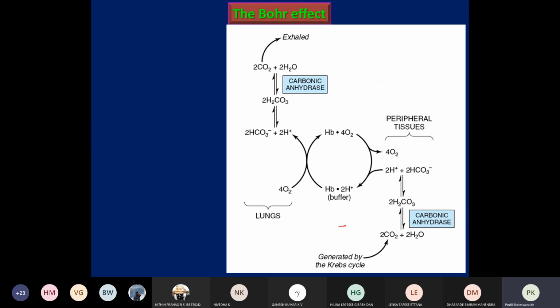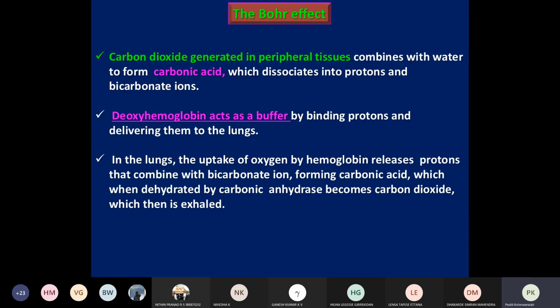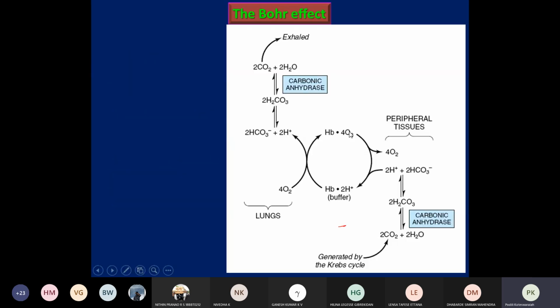And once again you can see here, as I already said, the rapidly metabolizing tissues produce carbon dioxide, and this carbon dioxide, by the action of carbonic anhydrase, forms carbonic acid. This carbonic acid in turn dissociates into bicarbonate as well as H plus ions. These H plus ions are responsible for the lowered pH near the tissues, that is 7.2, whereas near the lungs